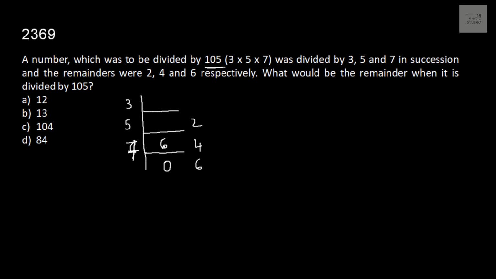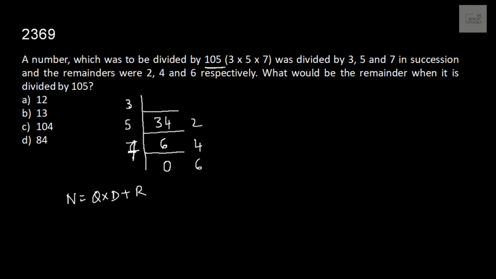6 when divided by 6, quotient will be 0 and remainder would be 6, isn't it? Now we are looking out for a number which when divided by 5 leaves quotient 6 and remainder 4. We know that numbers are always q into d plus r. So here this is the quotient, this is the divisor and this is the remainder. So 5 into 6 is 30 and 30 plus 4 is 34. That means 34 when divided by 5, quotient is 6 and remainder is 4, isn't it?